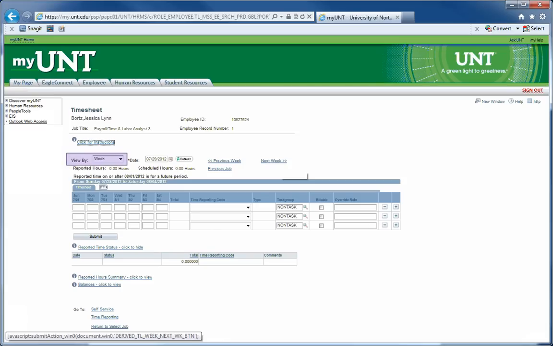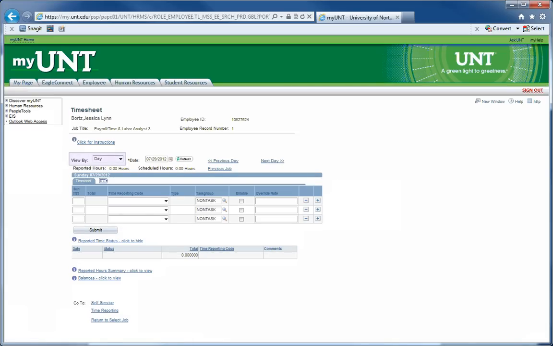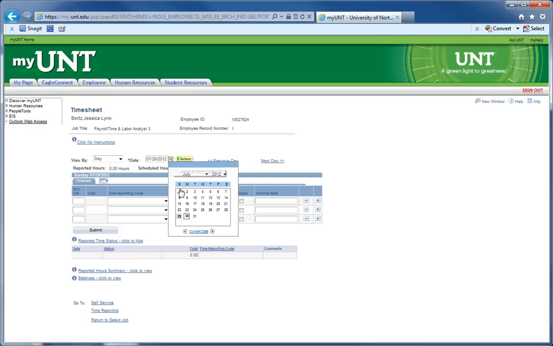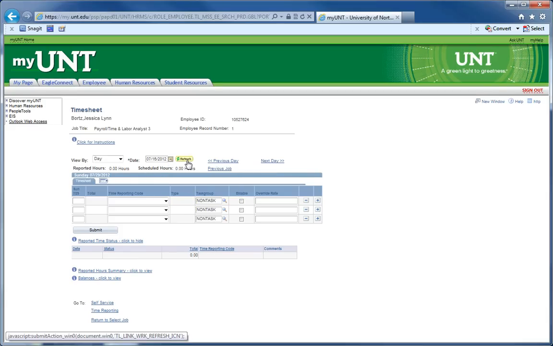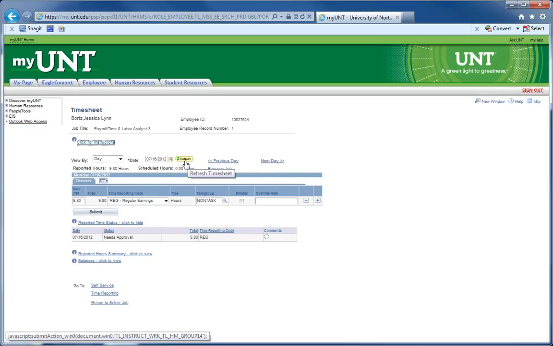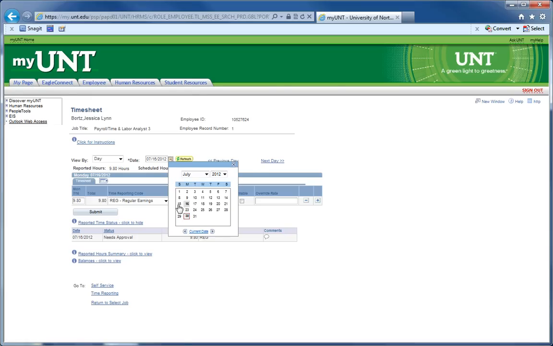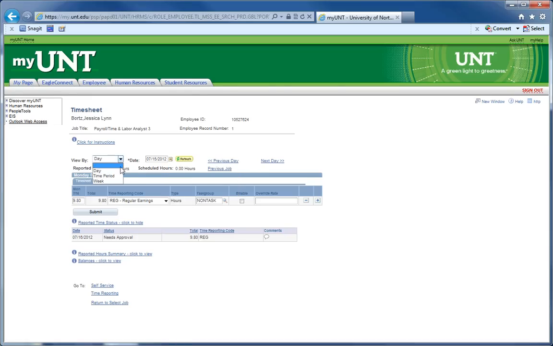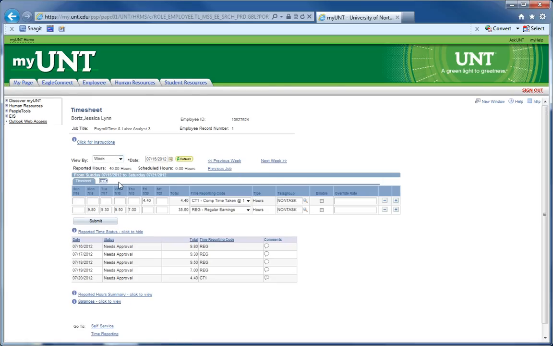These links are controlled by the View By setting. Notice if you were to view by day, the links turn into previous and next day. You can also change the dates in View By settings. When you change the date, you must click refresh, but if you change a View By setting, it will automatically refresh. Notice if you choose to view by day or by week, it will begin on whatever date is entered